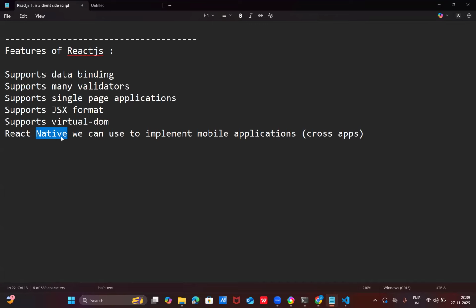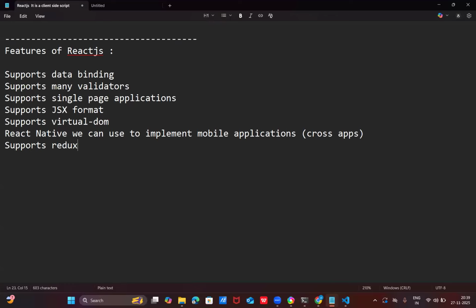That's why these days, not only web applications, many mobile apps are implemented with this React JS. But this course is completely website development. We don't discuss anything about native concepts here. Okay. So this is completely website development course. Once you get clarity on this React JS and web point of view, later you can enhance your skills with mobile development. But right now it is not required for you. Okay. Yes. Next one,